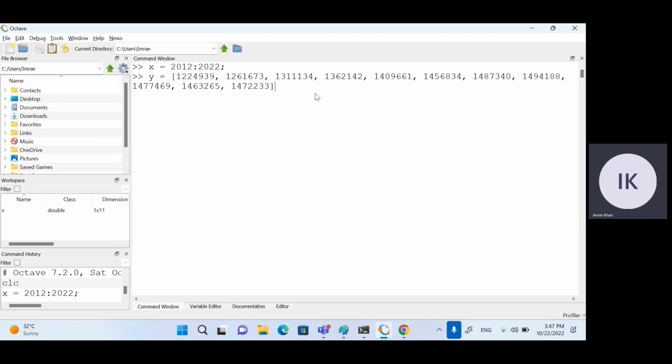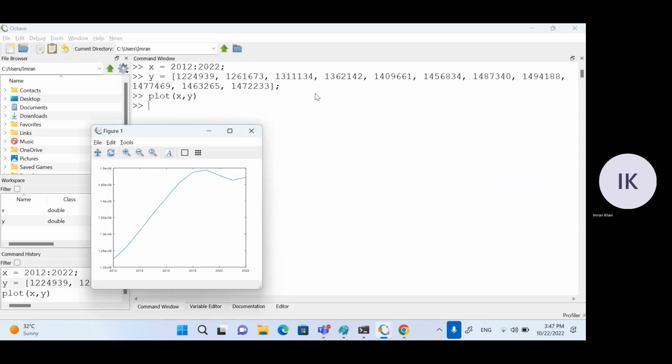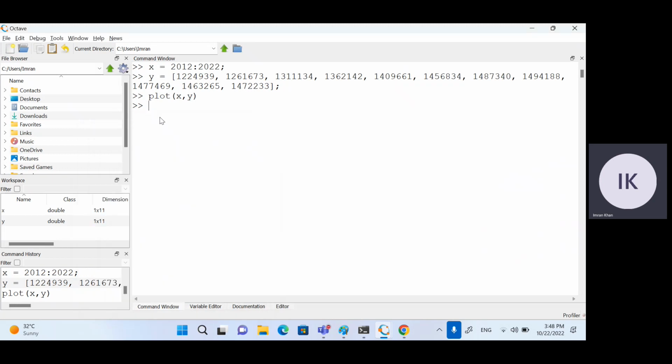Fine. So now we got X and Y. So what I'll do, I'll just plot X comma Y. So now you can see that here, if I just put it that. So it has started from here and all these points. Fine. And if you just want to put what is x-axis years and what is y-axis here, I can just put